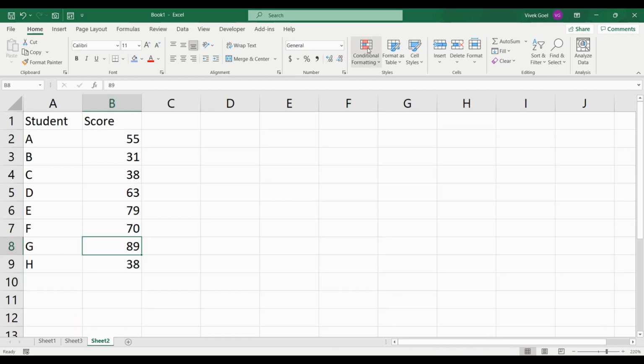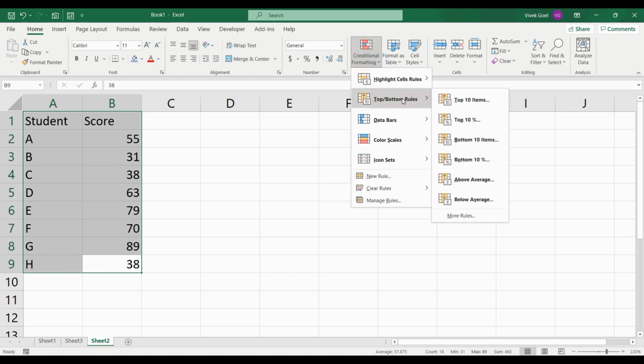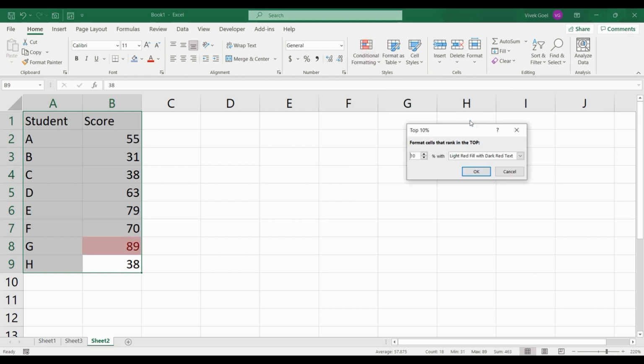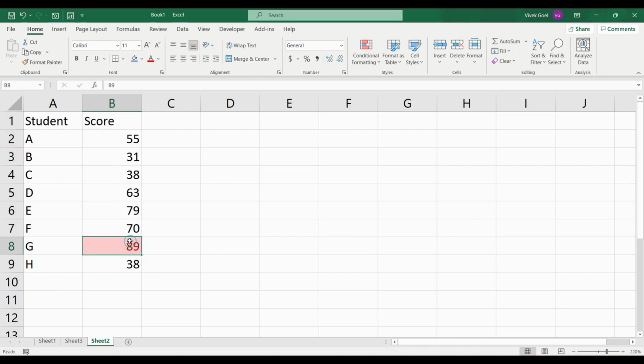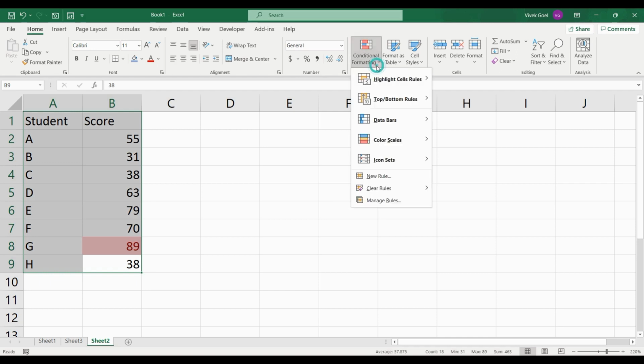Now let's quickly discuss conditional formatting, and we are going to discuss this in detail at a later stage when we build our reports and dashboards. We have a sheet here that shows scores by different students. We can highlight the people who scored the most. We click on conditional formatting, go to top bottom rules and then select the top percentage. The top 10% values will be highlighted. We can change the color, we can change the percentage, and a lot more. If we want, we can clear the conditional formatting using the Clear Rules option.